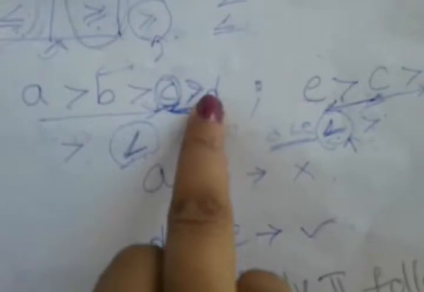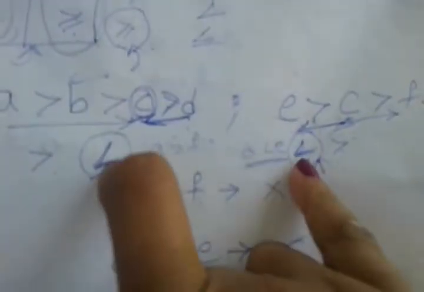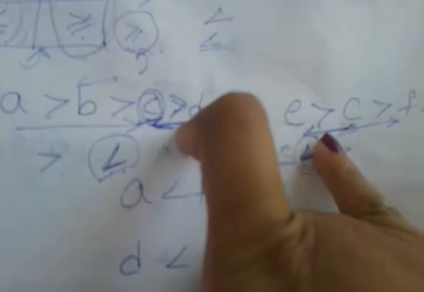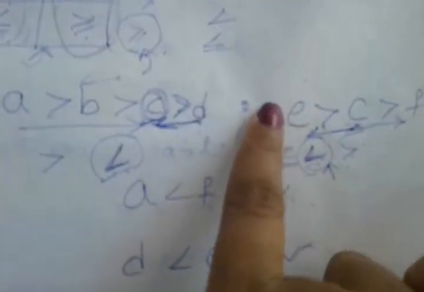Okay, see here, D to C you have reverse direction, so the opposite of greater than is less than, so I will take less than here. And C to E, again, it's a reverse direction that I am following. For C to E I am going in a reverse direction, it's greater than, so I have to take the opposite, which is less than. So less than and less than I am getting, so obviously the D and E relation is less than, that I will get in the final.